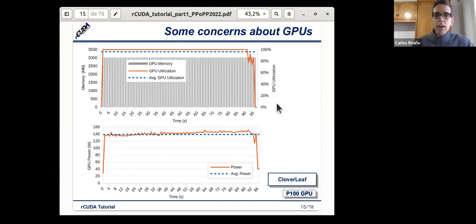We are using the GPU almost all the time, and this is the good scenario. But as mentioned, it is not always possible. There will be applications which cannot use the GPU during all the time.